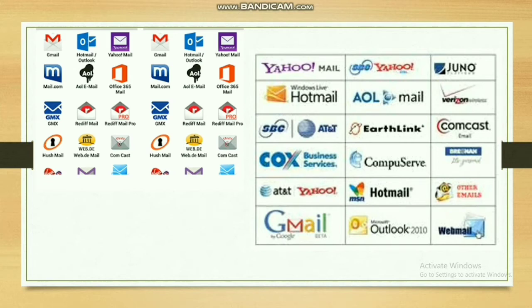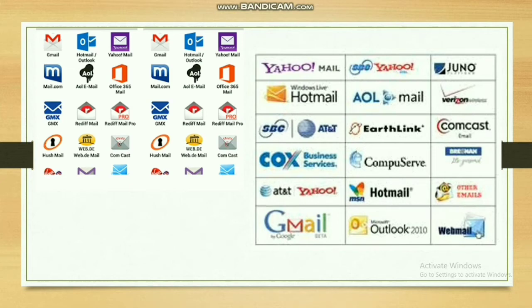Yahoo Mail, Gmail, Hotmail, Webmail, Outlook Express, Office 365, Mail.com, and so on are various email providers. You could create an email in Hotmail or in Gmail or in AOL Mail or in Outlook Express or in Yahoo Mail.